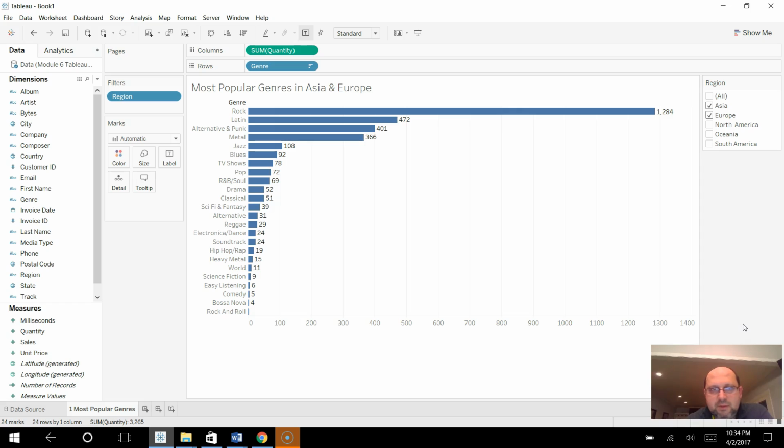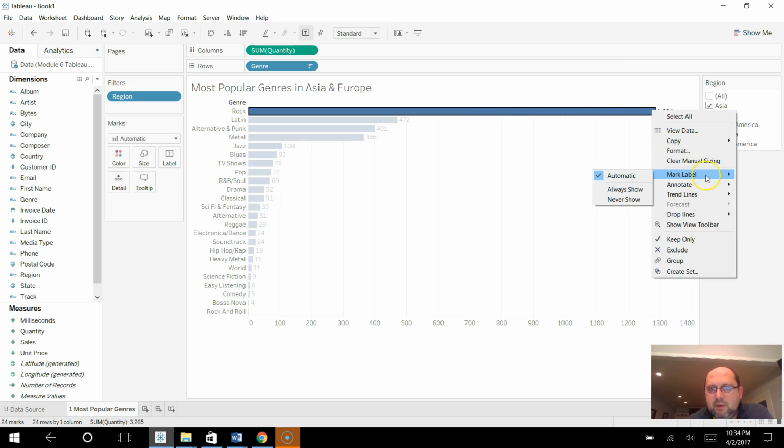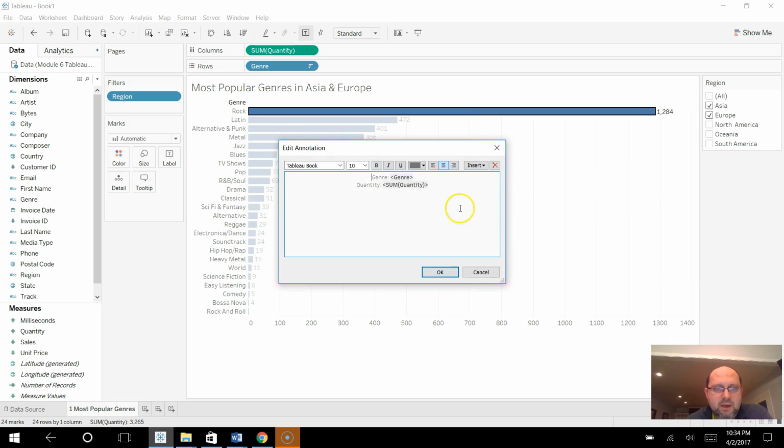One thing that we also wanted to do is visually annotate the top selling genre. You can do that by right-clicking on the rock, which is type 1, and then clicking mark label. Annotate, and do mark. And you can see here that you can make a call out. Right now the call out is genre, and then it shows the name of the genre. Let's change that to be called top selling